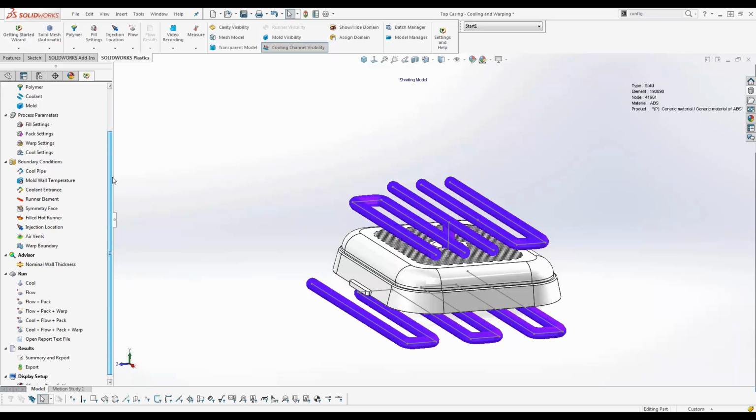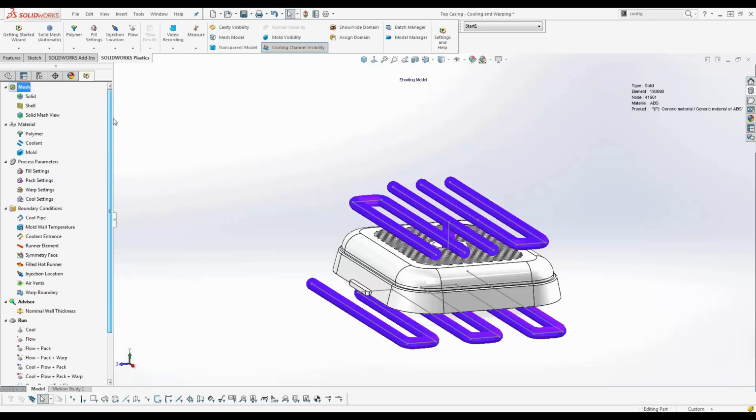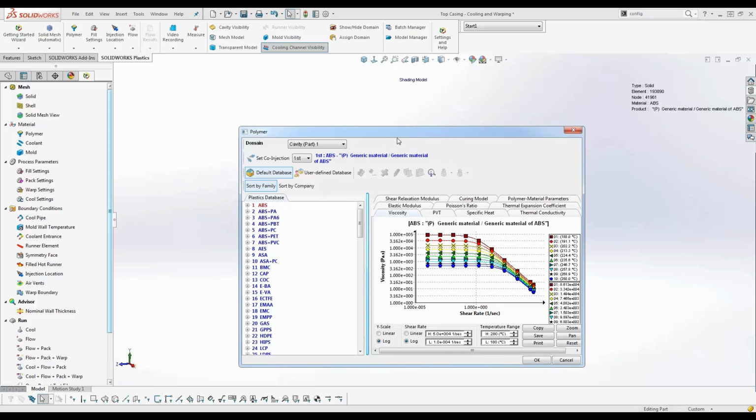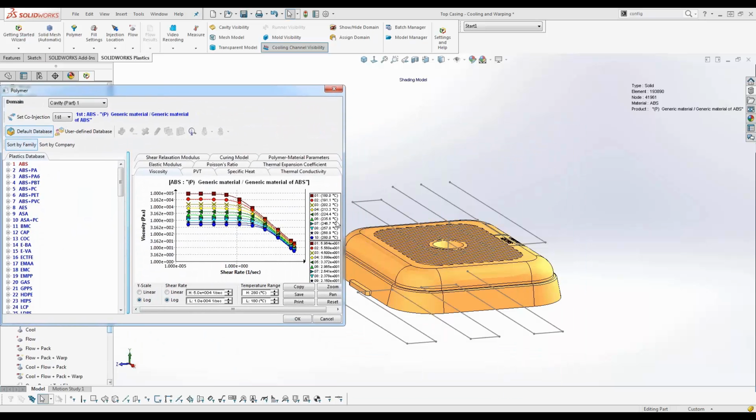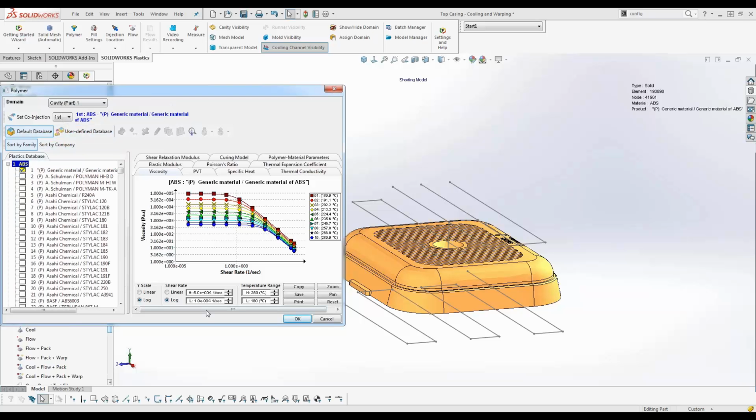So if you are already a SOLIDWORKS Plastics user, you may be familiar with this part of the setup. First we need to access the material database that we are going to use for the cavity. As you can see here, we have more than 500,000 commercial plastics materials. You can sort them by family or by company. You can search. You can add your own material as well. I will use an ABS generic material here